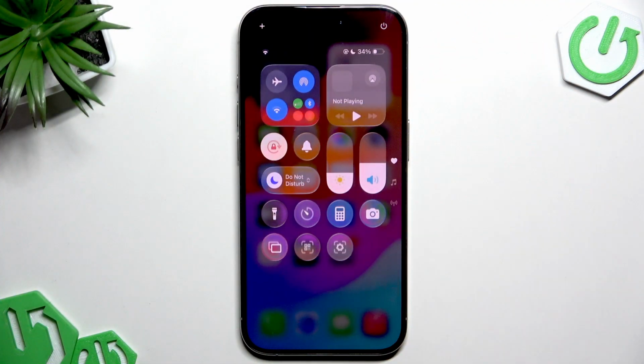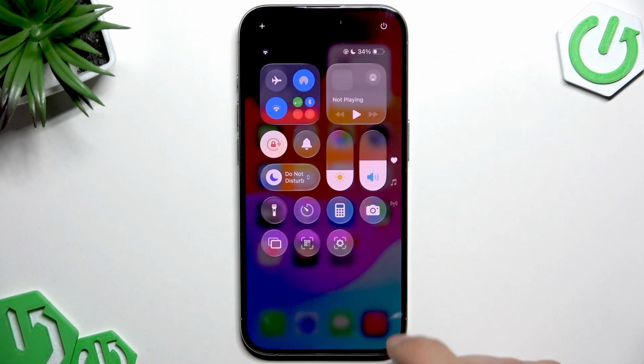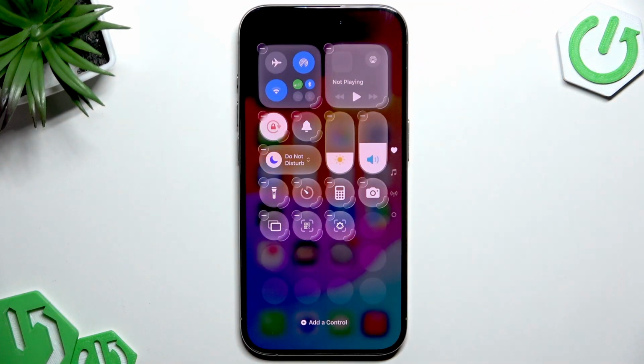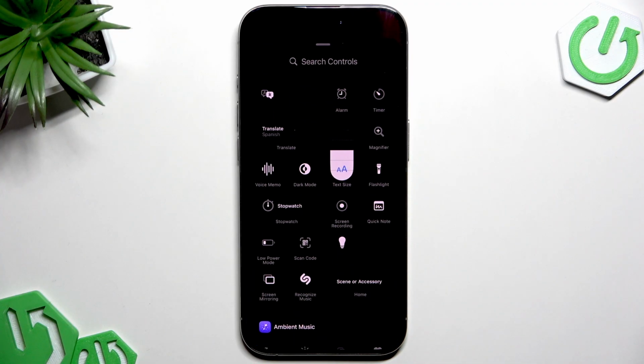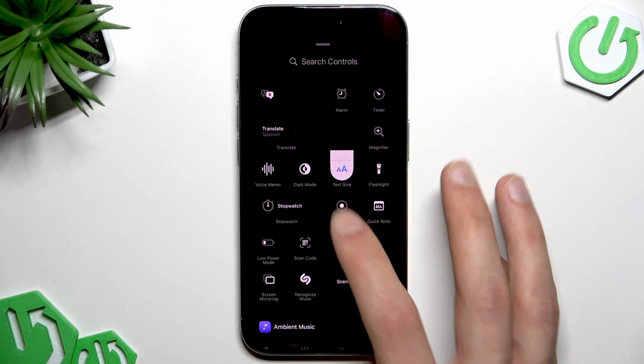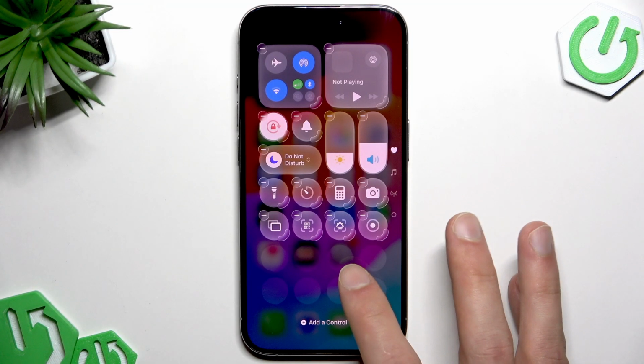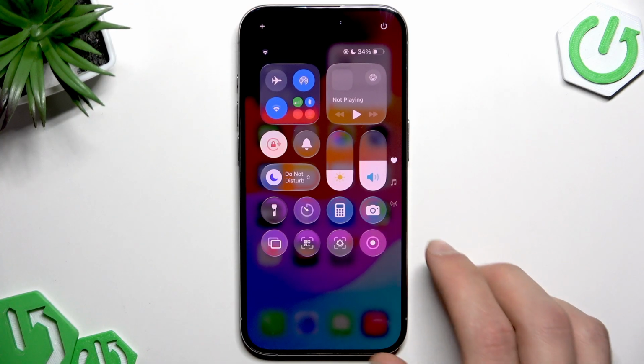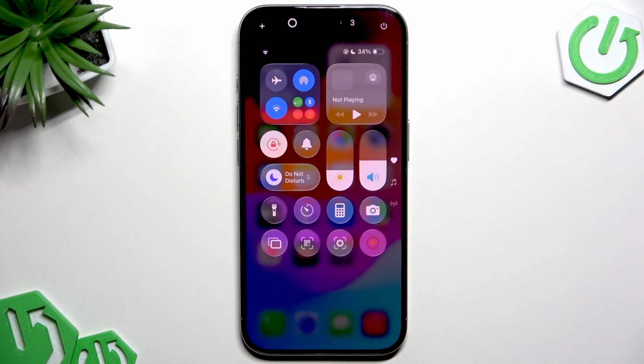First, let's swipe down the control center and now tap the plus icon in the top left corner of your screen to add a screen recording control. Tap add a control at the bottom and then select screen recording right here. Then tap on an empty space of your control center, and to start a screen recording, tap on this icon,